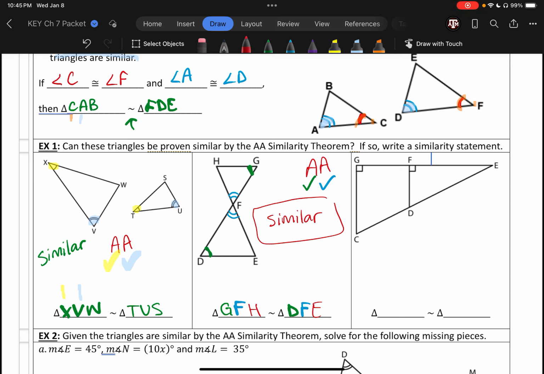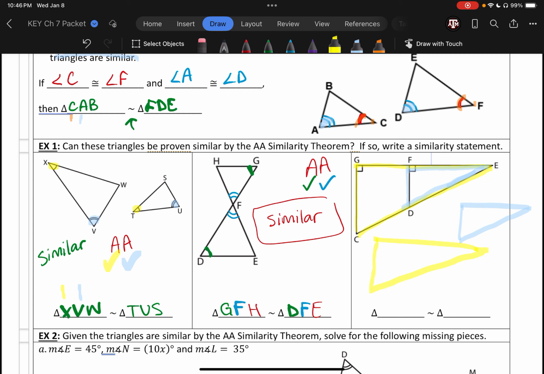And so next we're looking at the third example here, and we're checking to see, can these triangles be proven similar by the angle-angle similarity theorem? So what you'll notice here is now that one triangle is inside of the other. So what I suggest for these, because sometimes it can be a little confusing to look at the two triangles that we have in this picture. I have the large triangle in yellow, and then I have the smaller triangle here in blue, right? So what we're going to do is separate this out. I'm going to draw out the blue triangle right here. And then I'm going to draw out the yellow triangle, the large one,